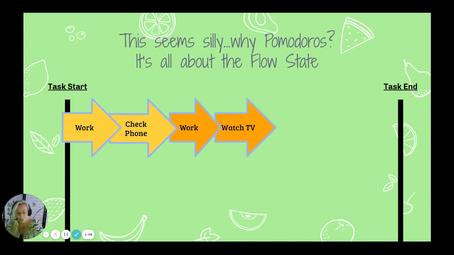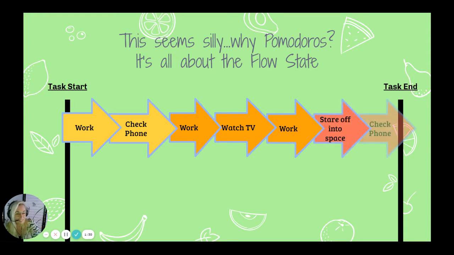And then I start turning to watch TV because it's like, aha, that's going to solve everything. And then I am trying to watch TV and work at the same time. But what ends up happening is I watch 2 or 3 episodes of Ink Master, and then I'm like, oh yeah, I got to get back to that thing. So now I'm doubly distracted because I'm thinking about TV and I'm thinking about checking my phone. And then I start staring off into space. Then I check my phone again because I'm like, oh, what time is it? And by this time, 2 hours have passed and I haven't finished my task.